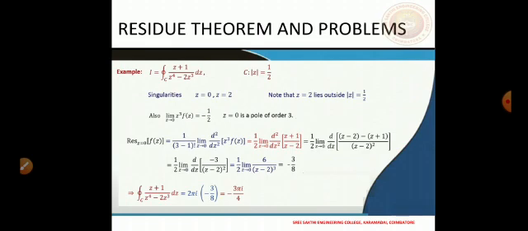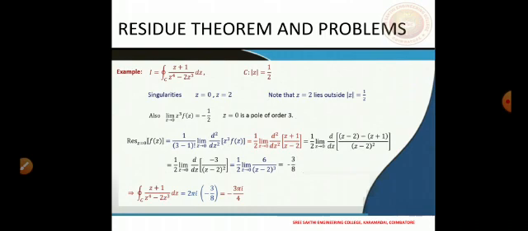For z equal to 0, the function f of z is z plus 1, and then we have z cube and z minus 2. So clearly it is visible here that we have to check with z cube f of z. So this is going to be a pole of order 3 if this limit exists, and absolutely when z is 0, we get minus 1 by 2 straight away. So this is a pole of order 3, and then we have to compute the residue for this pole, which is of order 3.